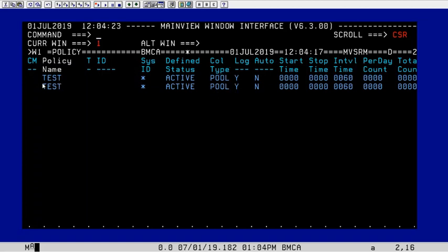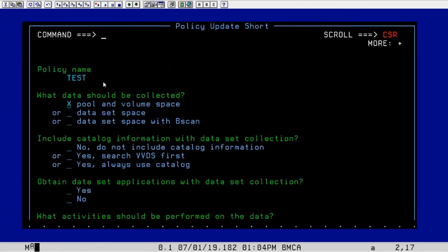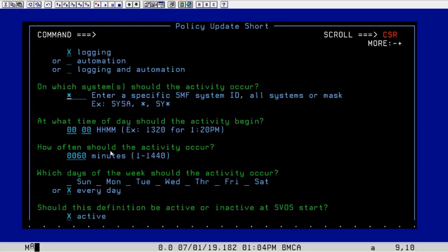Both of them are set for pools. We want 1 for pool, 1 for test, or 1 for data set. So we're going to update the interval. It's what we call an MPD dialog. We have pool and volume space checked to start with. So we're going to leave this as pools just for the volume information. We're going to make sure we collect this on the system that our data collector is running on, so our